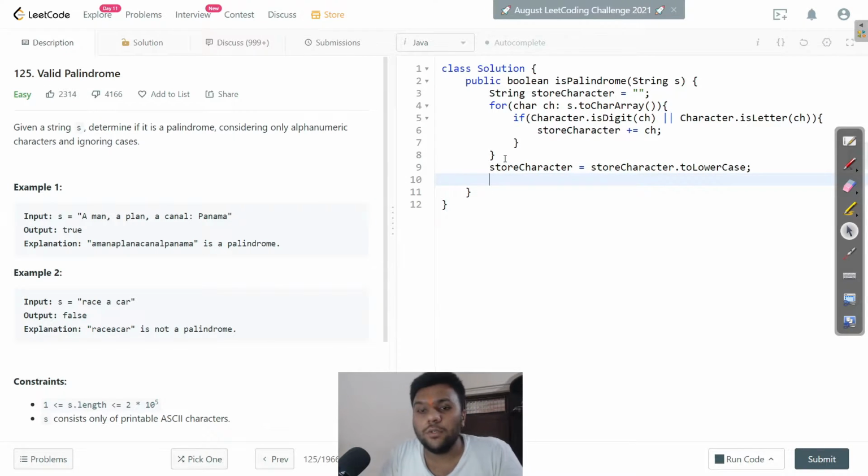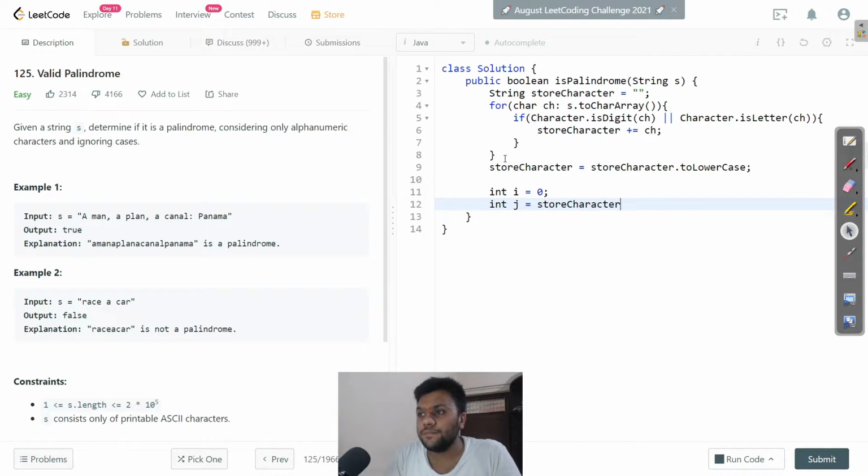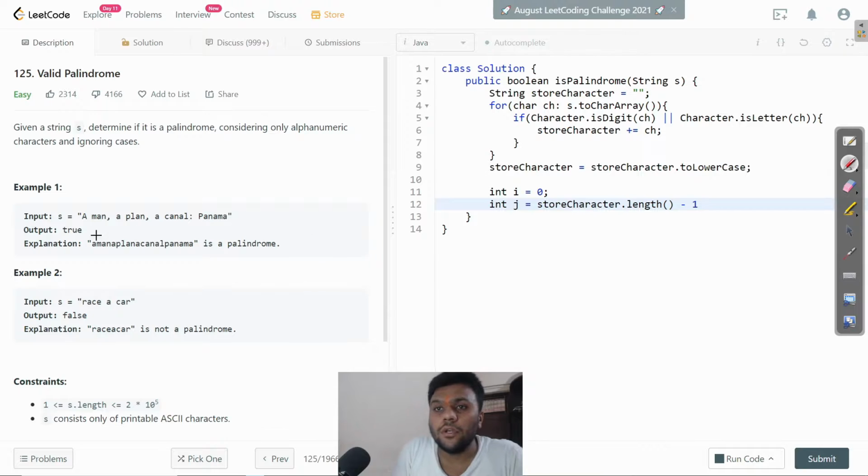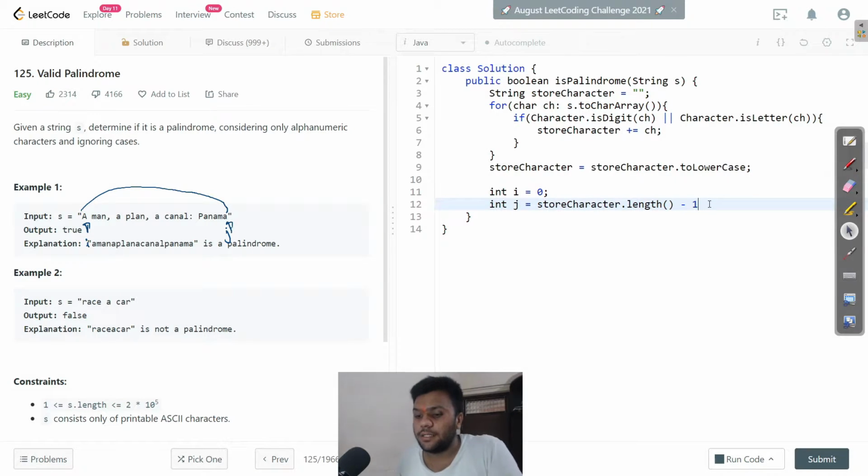Now I will use the two pointer approach to solve this question. I will start i from the left side, the starting one, and j will start from the end side. They will check a with a. If you don't understand, let me show it to you. My i will be over here and my j will be pointing over here. They will check, are a and a similar? Yes, they are similar, so they will move. Alright, let's get back to the question.